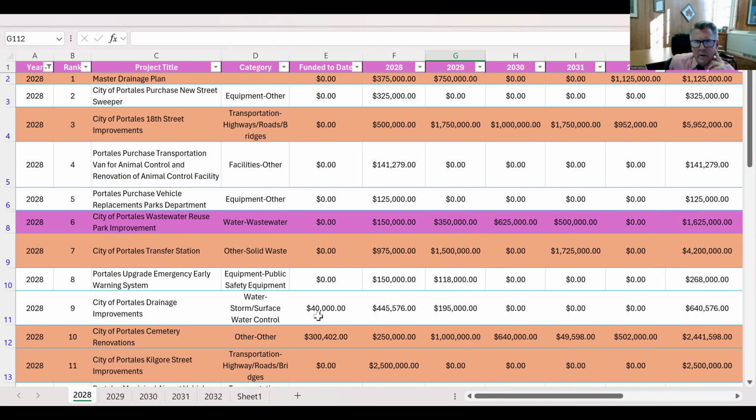I really believe that we can be stronger as we work together, as Scott mentioned in his ICIP presentation about creating a top 10 list of priorities. If you have something like that and can share it with me, and we will share ours with you, then when I'm out and about, at the legislature or with others, they don't want to talk about education all the time. I will have the opportunity to let people know, or if I hear things related to needs in Portales, I can pass them along as well.